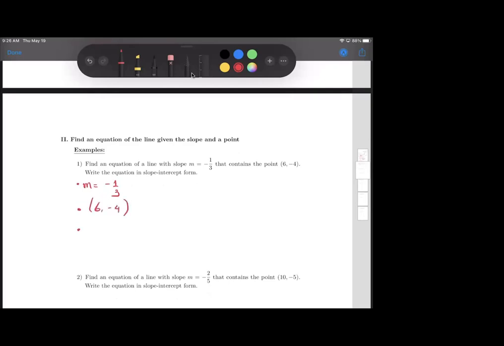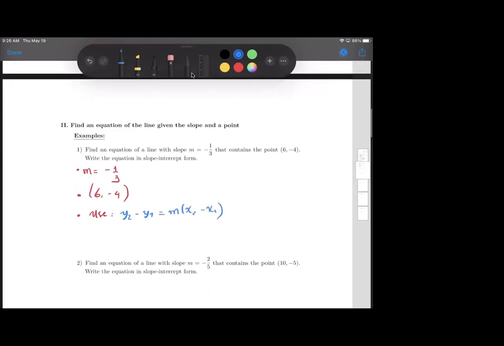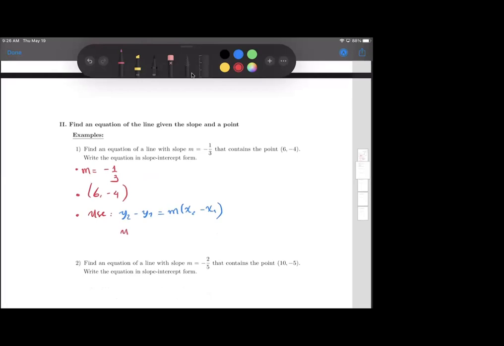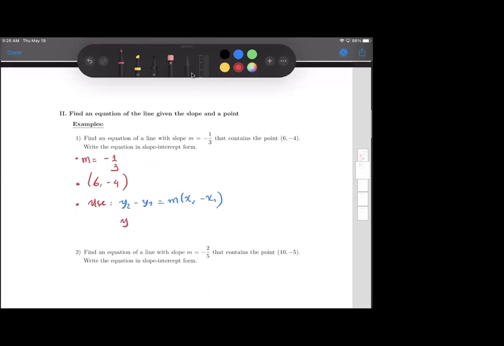And now the third step is we use y2 minus y1 equal m times x2 minus x1 and plug it in. Remember, y2 is what we're going to keep. So you plug it in, I'm just going to say y here, not y2, right? y minus y1 will be what? This is my x1, this is my y1. All you have to do is plug it in, right? So y minus y1 will be y minus -4